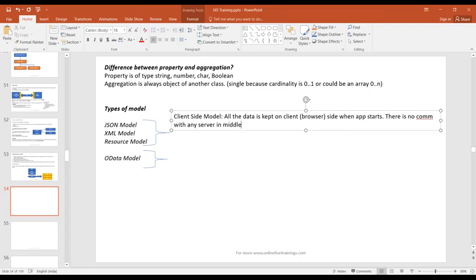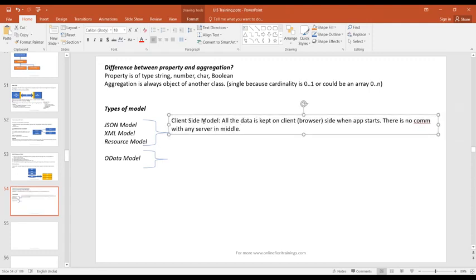In the middle means once your app starts, all the data gets loaded in the browser and you will work with the browser data. So do you think this model is suitable for a real-time application? Of course not, because it's not up-to-date live data. Still, these models exist. Why? They are very much suitable